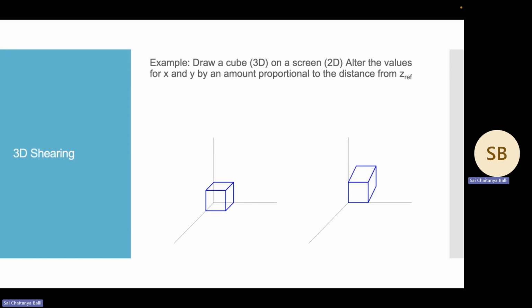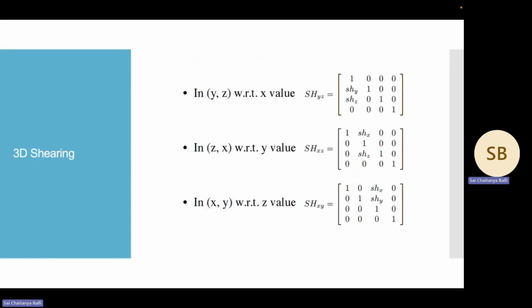So over here we have an example to draw a 3D cube on a 2D screen. Alter the values of x and y, which are proportional to the distance from the z reference. So this is a sample example. And in 3D shearing, suppose you have to perform 3D shearing in yz with respect to x, this is the matrix that we need to consider. And in zx with respect to y, then shearing xz, this would be the matrix. This is how the matrix is represented. Same goes with xy with respect to z,